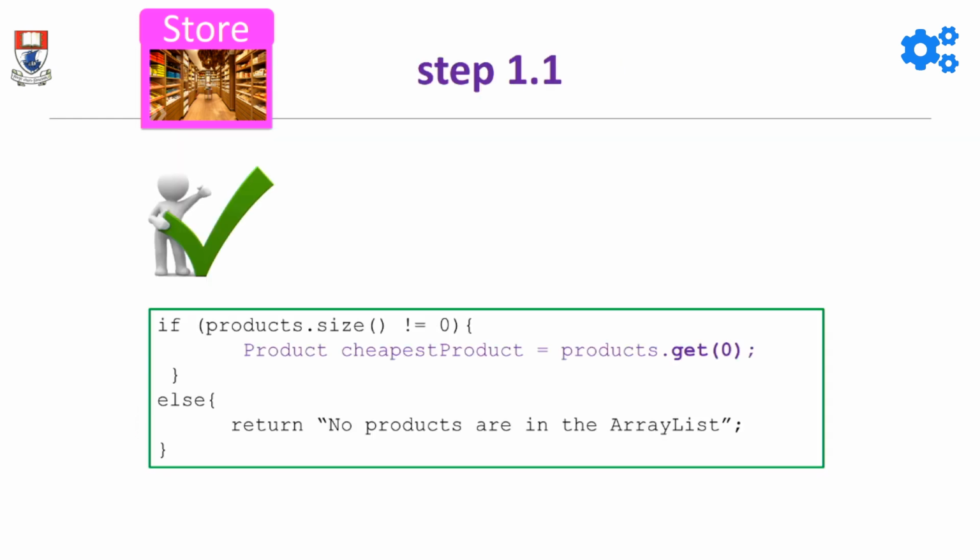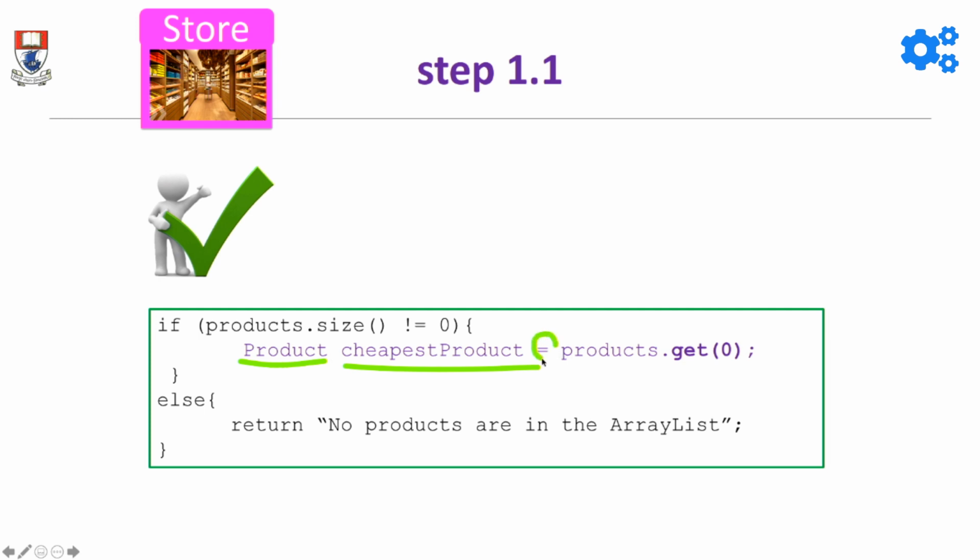So step 1.1, I probably should have called it that rather than step 2. Okay, you know what I mean. If products.size does not equal 0, the purple bit is what we're looking for. So we have to declare some local variable. I call it cheapestProduct, which you can see here is of type Product,